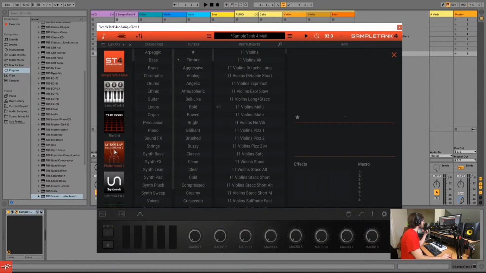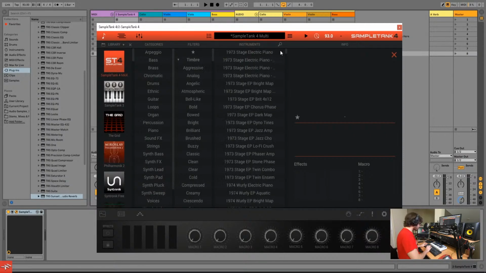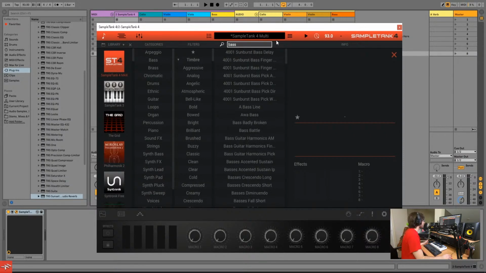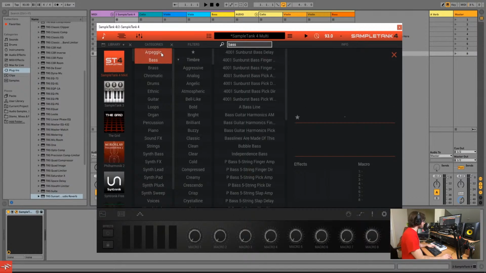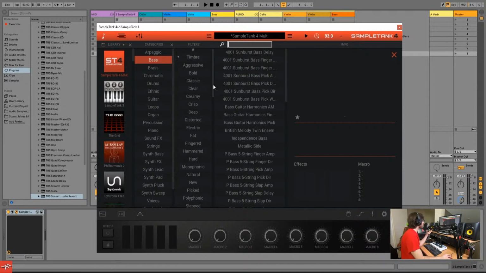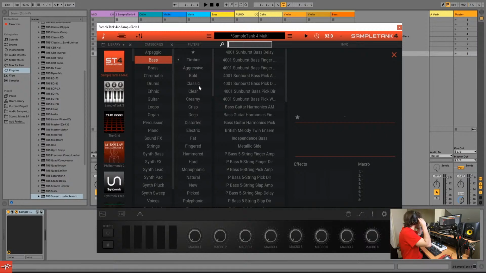You can combine your filters there. The X button will clear them out completely. Well, let's see if I wanted to grab a bass from here. You notice I have all these different basses to choose from, and you can kind of switch them through the filter, or you can type in the keyword. You can go a bunch of different ways. One of my favorite ways to organize is by acoustic and by, say, drums, bass, stuff like that. That's just kind of what I'm looking for in SampleTank,